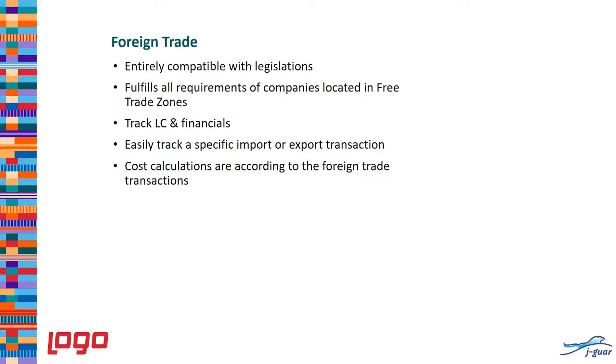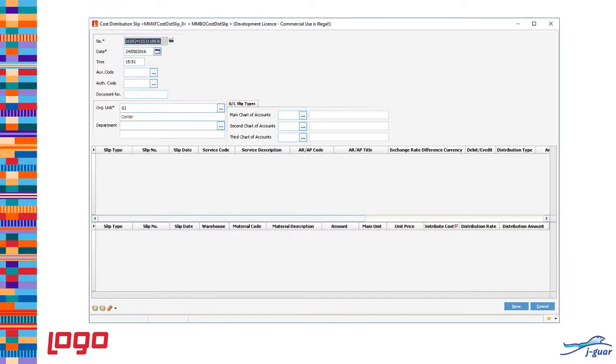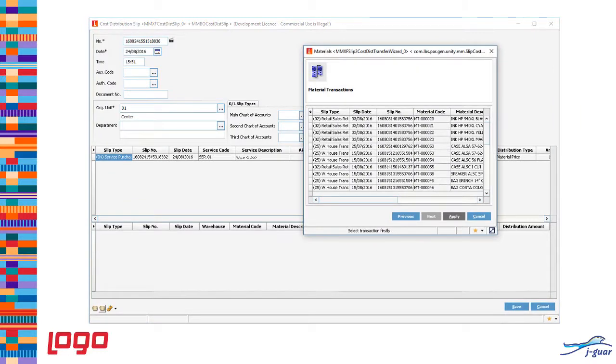Now, cost calculation is also very important. Here is an example of what it looks like. We call it cost distribution slips. Imagine you have a service, which is any service inside the company, customs clearance service, or some other sort of service, where the cost needs to be distributed on top of the materials or the items that are being imported. So you pull it all down through some filters, and you can select which of the items,